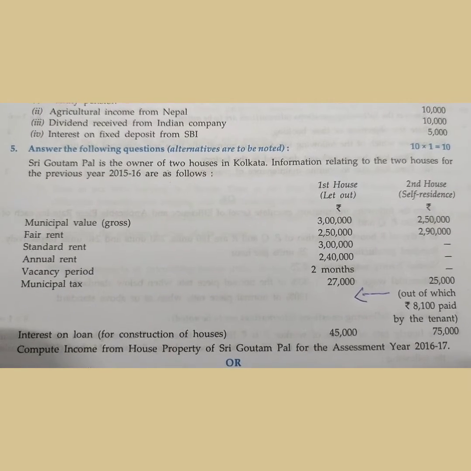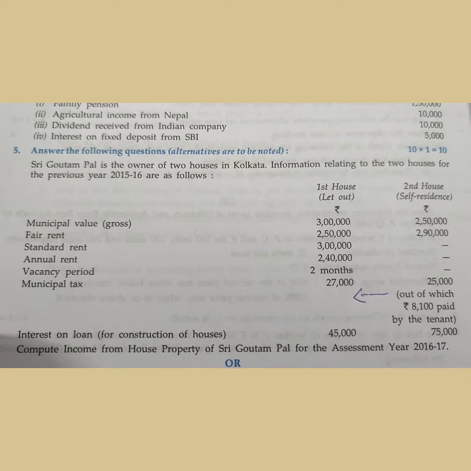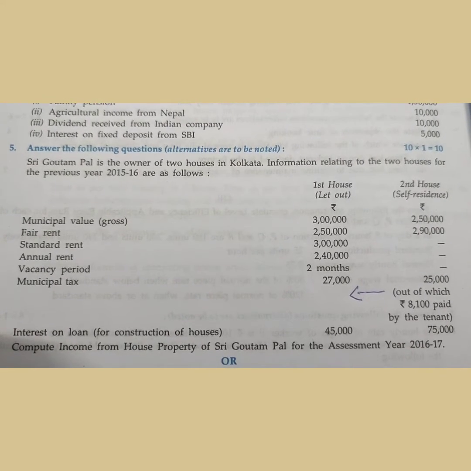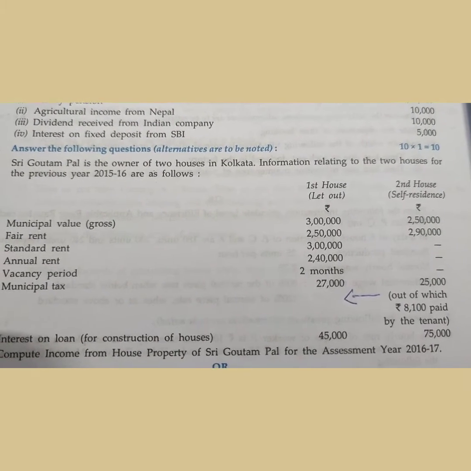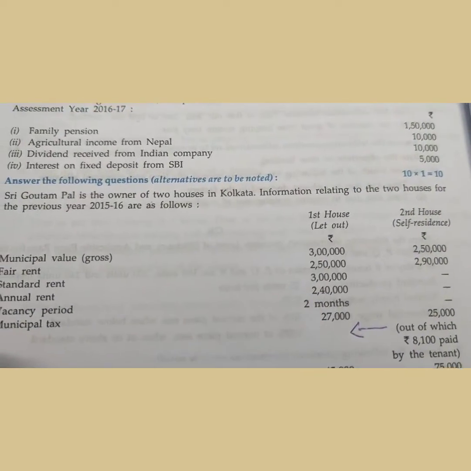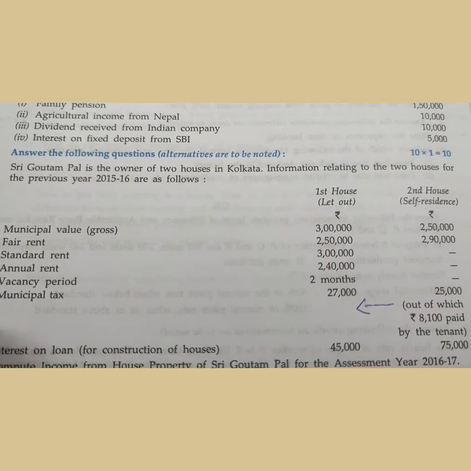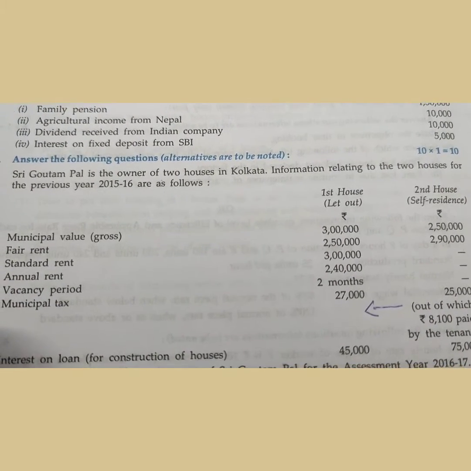In the year 2015, there is a sum of income from house property, that is from question number 5. It is a 10 marks question. What informations are given there? Sri Gautam Pal is the owner of 2 houses in Kolkata. Information relating to the 2 houses for the previous year